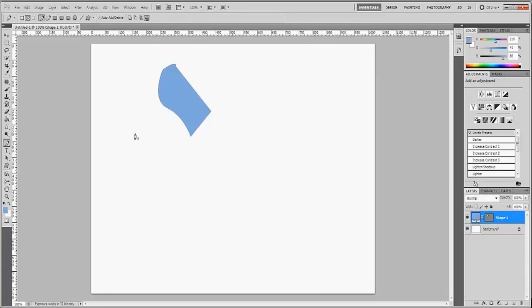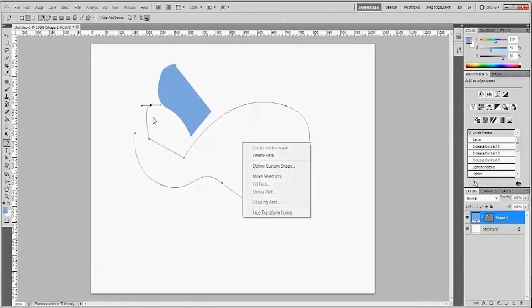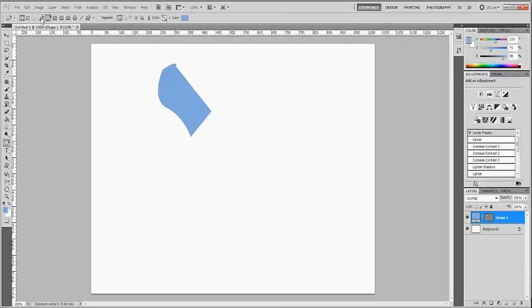If you wanted to create a path along which you wanted to place type or stroke something later on, or if you want to make an open free path and use it as a selection, this is the option you'd want. The other option is actually grayed out, but if you chose freeform, or if you chose the shape tools, you could pick this option. And what this does is